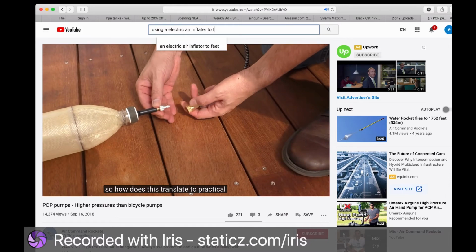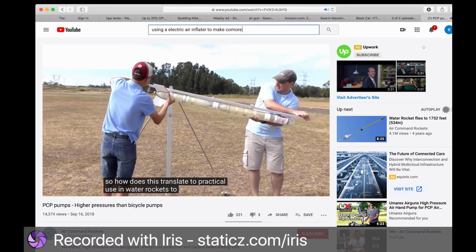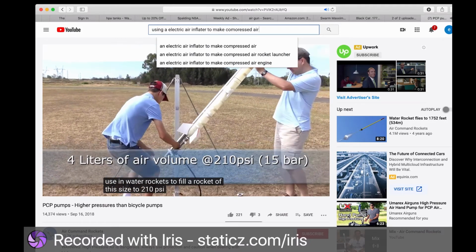So how does this translate to practical use in water rockets? To fill a rocket of this size to 210 psi, which has